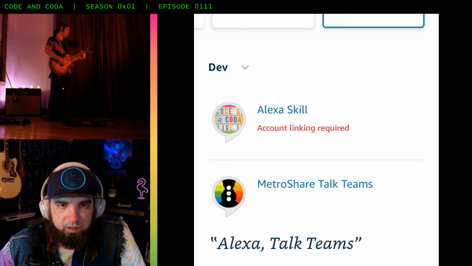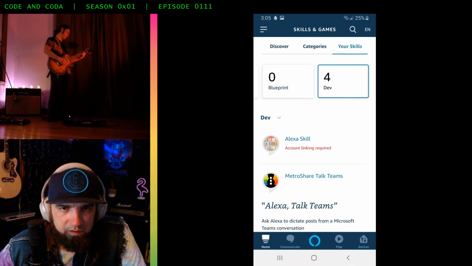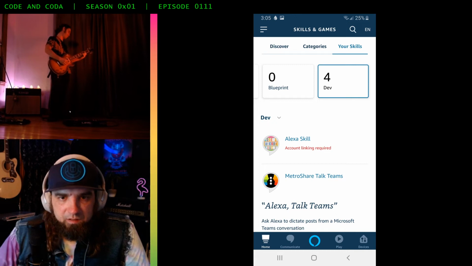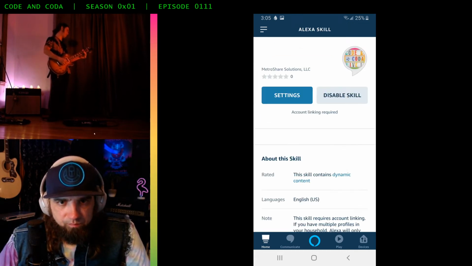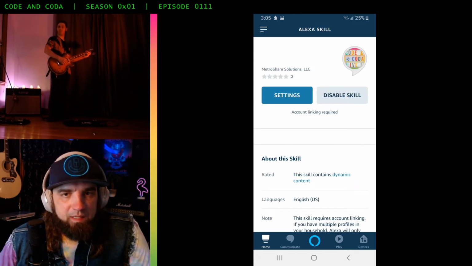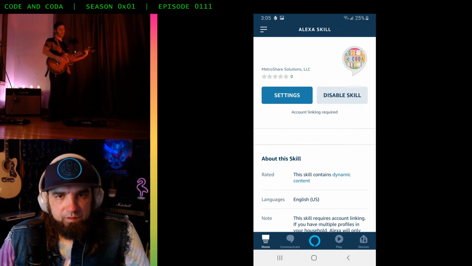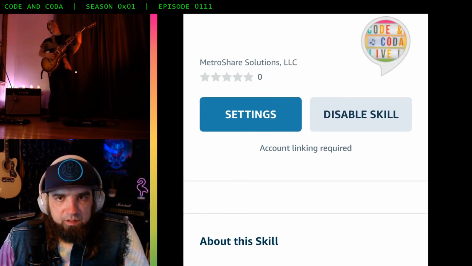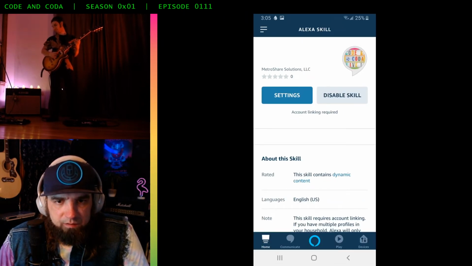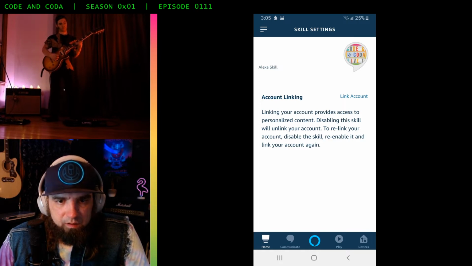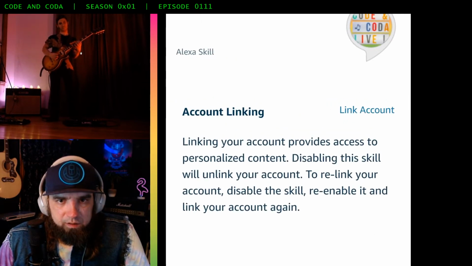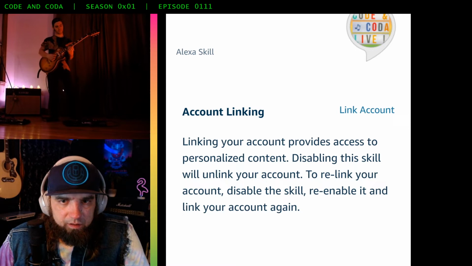There is the Coda skill, which says account linking required. If we tap on that skill, the next screen also says account linking required. To link the account, you click on Settings.